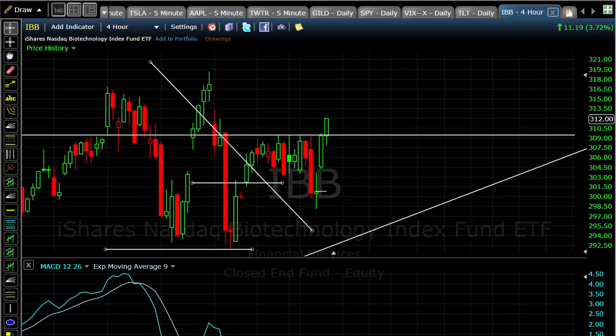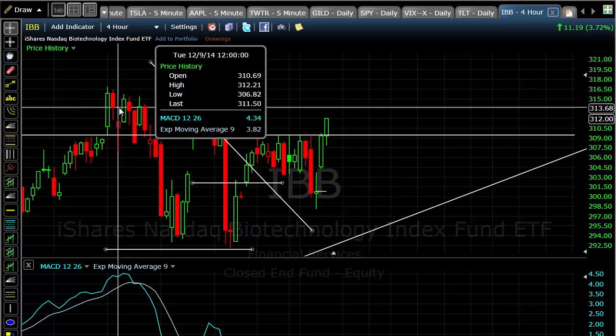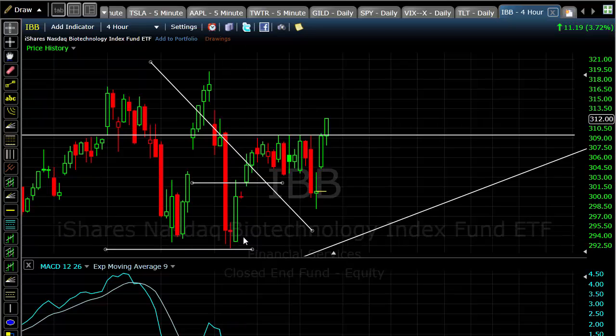Hi everyone, just want to touch upon this real quick. This is my favorite sector right now. This is Biotech, the IBB. As you can see, towards the end of December, they really tried to break this down. Came up around 314, slammed it down, popped, sold it down again hard. Looked like it was going to be range bound